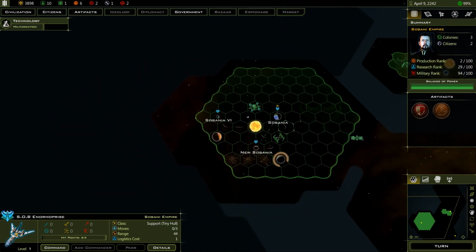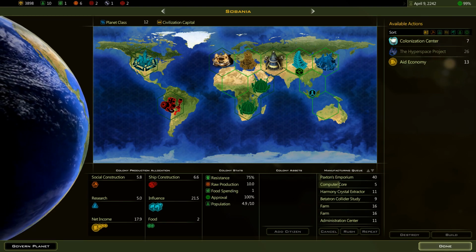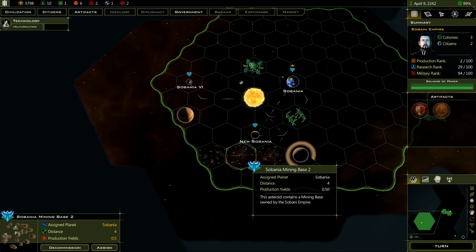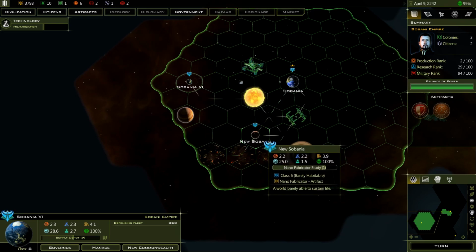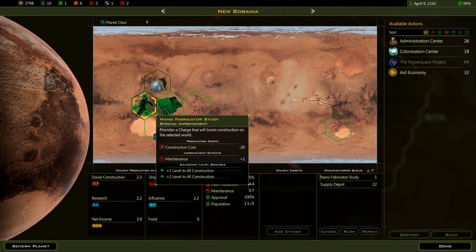Anything else we really need to do? You're still building your stuff. You're building your emporium, that's right. We need to build you. You're sending both your resources to Sobania. Good. The fabricator is almost done. The fabricator